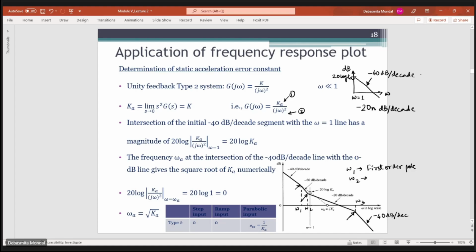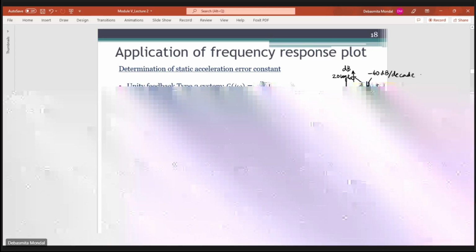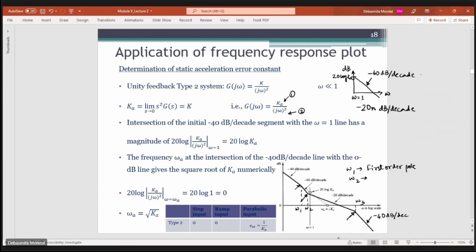So now for this system, how do we find out the value of Ka? Since we want information about the steady state error of the system from the Bode plot, we have to find the steady state error constants. So we have to find the value of Ka. If you extend the initial asymptote, the first asymptote, and it reaches the value of 0 dB at omega equals to omega a, then the first asymptote was